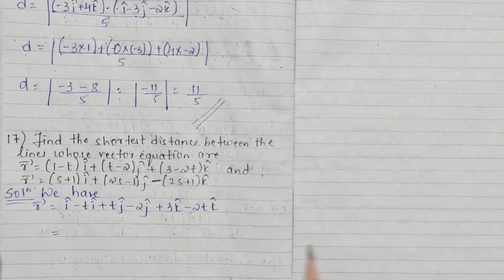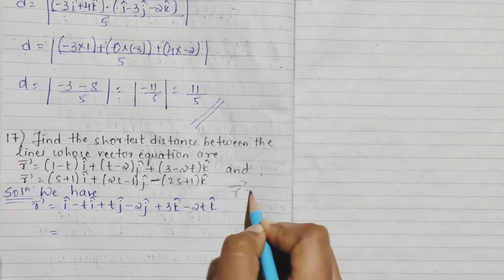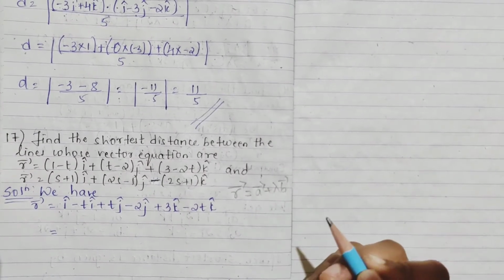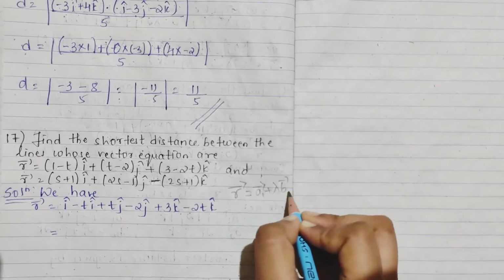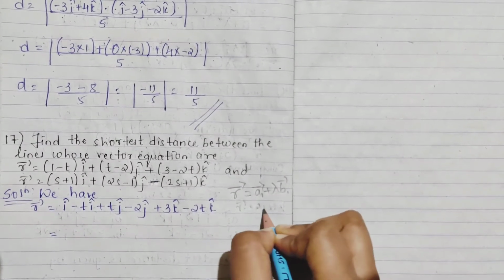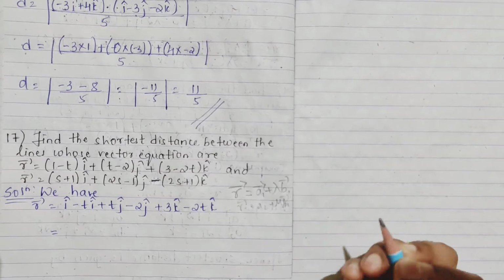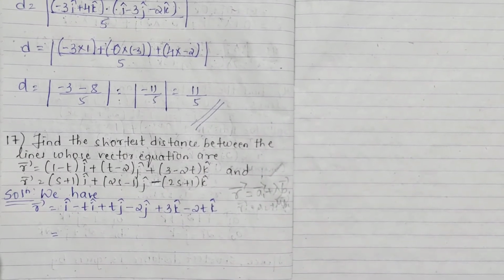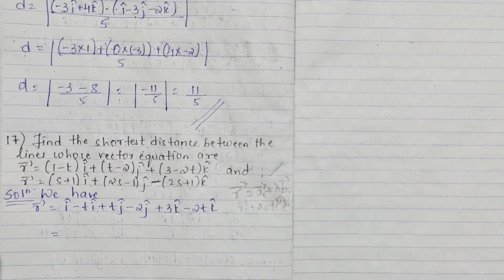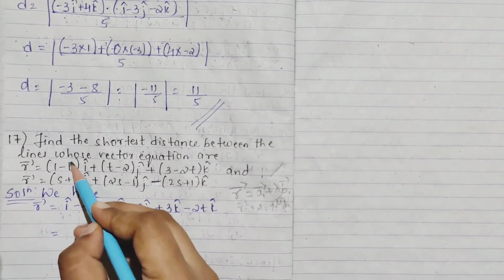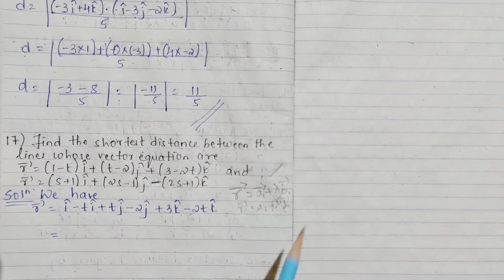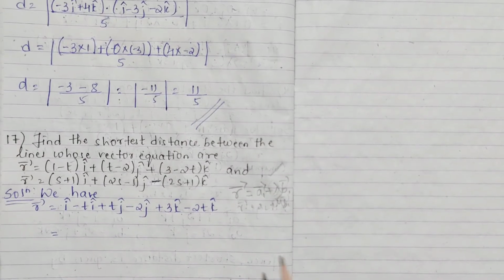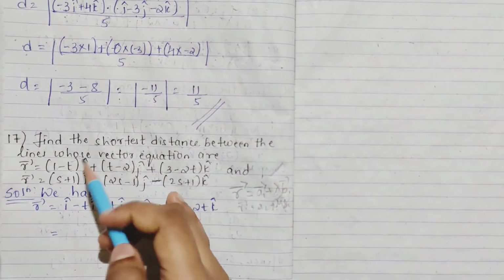here they have not given it properly, because our line equation is, vector r is vector a plus lambda vector b, like this, right? Now in lines, we have a1 plus lambda b1 and then again one more line a2 plus mu vector b2. So as you can see, lambda and mu are any parameters, any real numbers. It can be anything, right? Lambda or mu. So here what they have done, they have taken t and s. As I have said, it should belong to some real numbers and it can be anything, your lambda and mu. So here they have done the same, they have taken t and s.